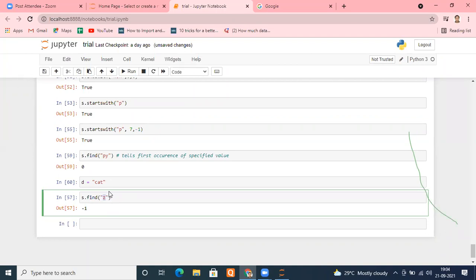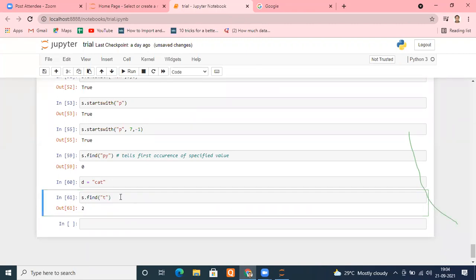It always returns a positive index because it has reserved -1 for the case of not availability. Remember, keep that in mind. The find function will always return positive indexes if the value is available. If not available, it has reserved the negative index -1. That's why even if I'm checking T, it will return only 2, not -1, because -1 is reserved for something else.